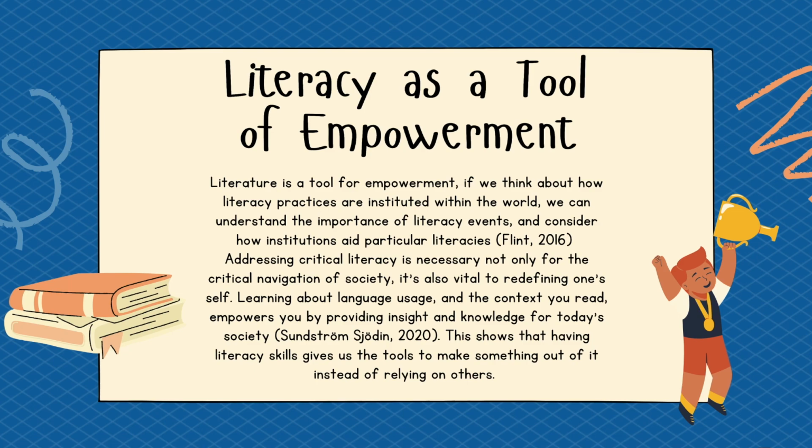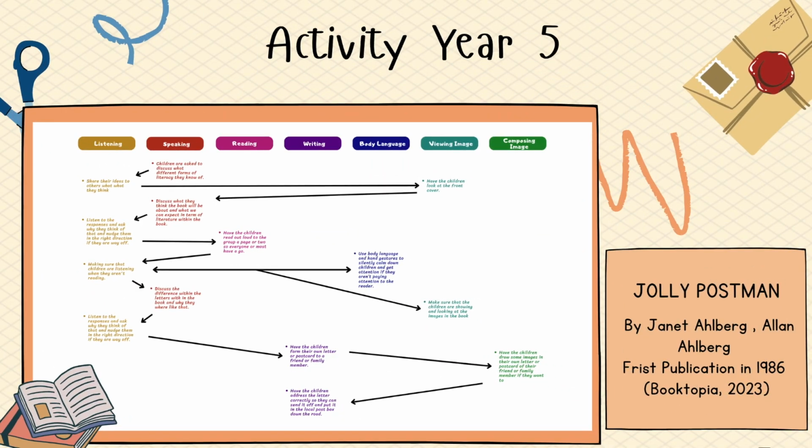And what better place to learn than the library? To implement some activities to help children improve their literacy skills, giving them the tools not just to survive in this modern literacy world, but to thrive in it. The activity I came up with is for 11-year-olds and is about seeing how literature looks different depending on the social and cultural practice being used, having them be able to tell the difference and when to switch their form of literacy.